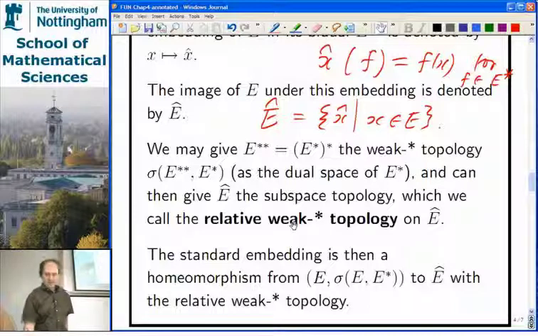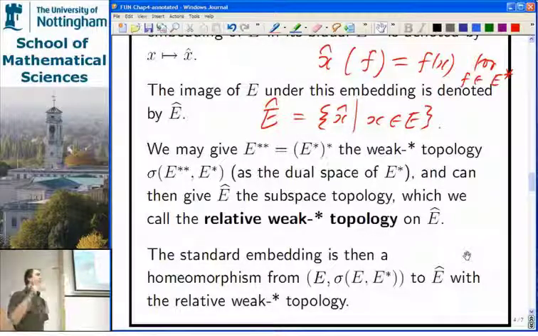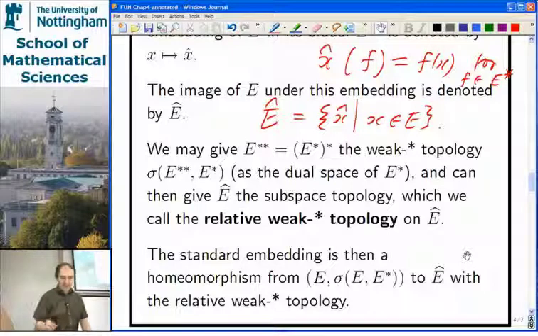So E going to E hat was already an isometric linear embedding. E hat was isometrically linearly isomorphic to E. But now, if you go through the details and how these hats work, you'll find that